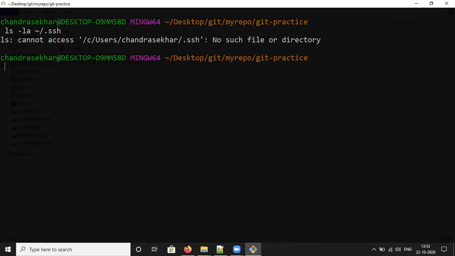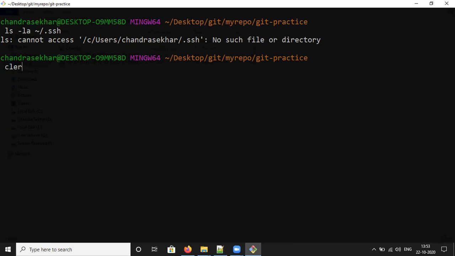One is the private key and the other one is the public key. The known_hosts file: while connecting to the Linux server at the very beginning, it will ask whether you need to connect, yes or no. This happens only the first time; from the second time onwards it will not ask. That is the known_hosts file.